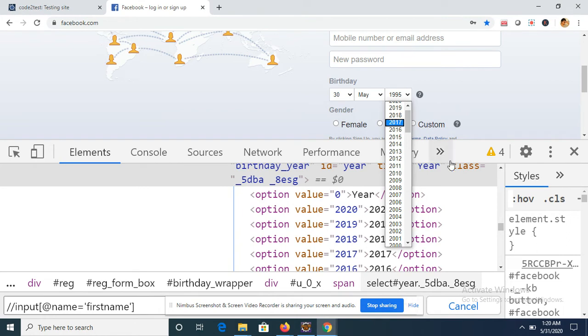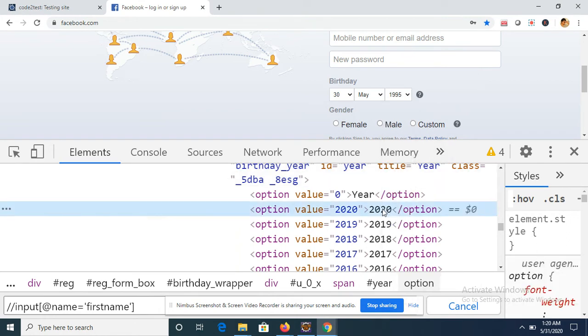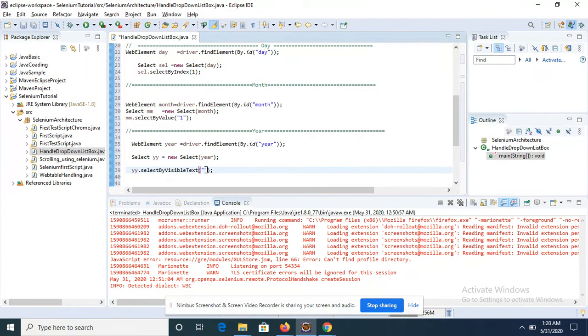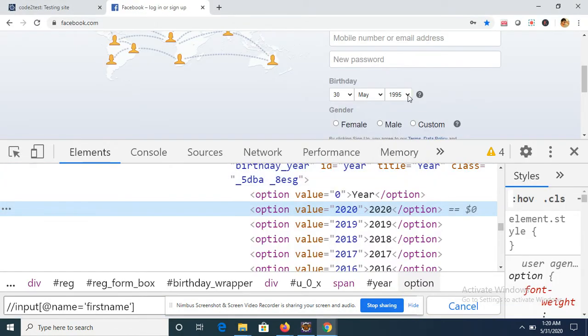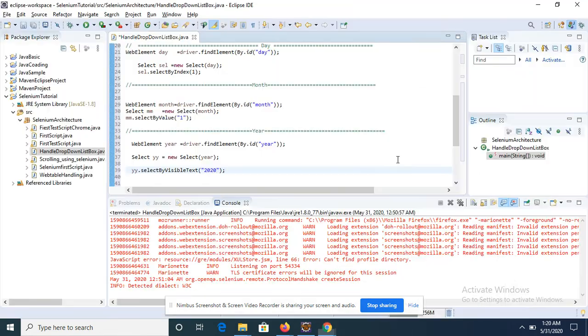For example, if you want the year 2020, just directly paste it over here, 2020. So these are the visible text, meaning the thing visible to you inside your list box. The text or the string visible to you inside your list box is the visible text. So I just pasted 2020 over here.